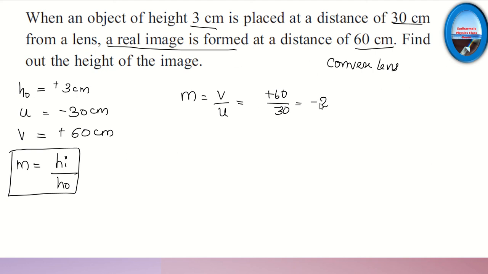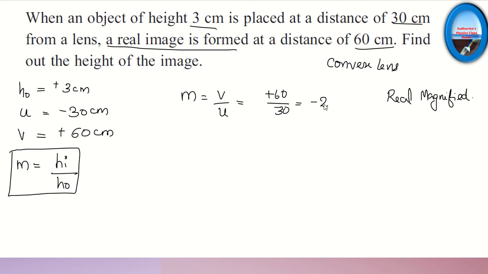Now, they didn't ask anything here, but still, here we have a magnification of minus 2. Minus 2 means it is a real image. See, the negative sign indicates the real image. And this number 2 is greater than 1, so that is a magnified image. It's a real magnified image. And we know that real images will be inverted. So definitely our height of the image should be negative. We should get the value with a negative sign.